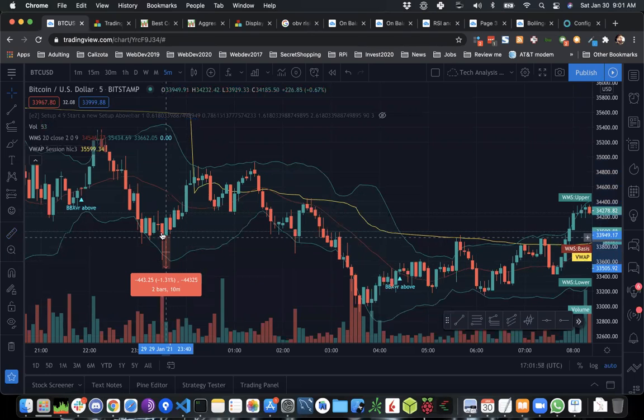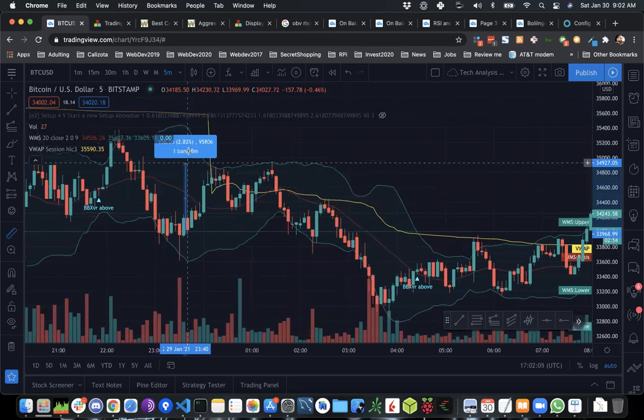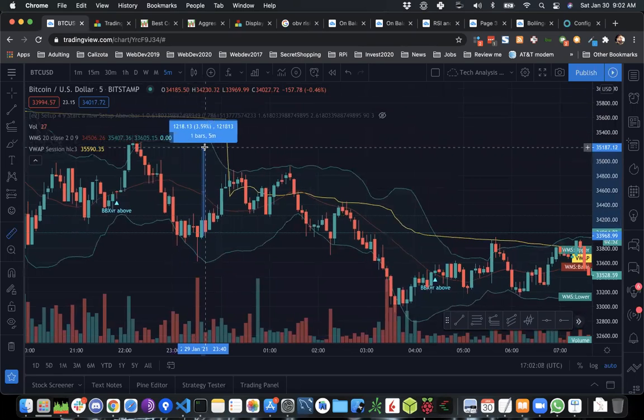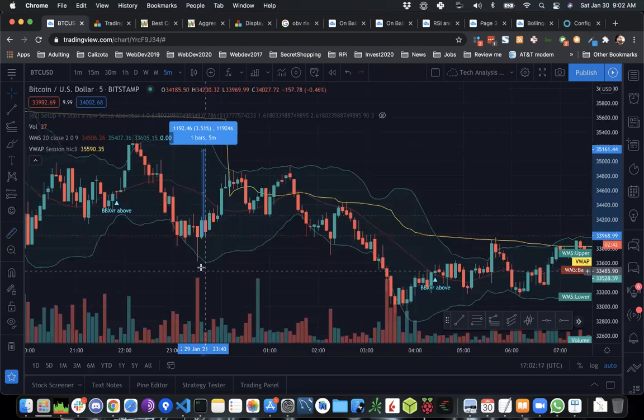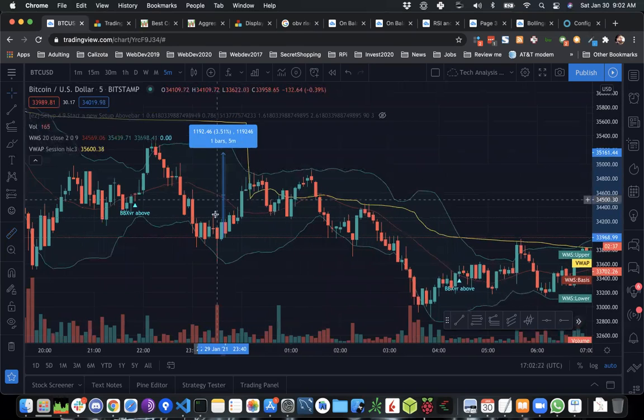And then if this number starts to climb from here and it gets up to 3.49%, at that point, if this number has risen that much, which we don't have in this particular instance, but if this bar rises 3.5% from my stop loss set down here,